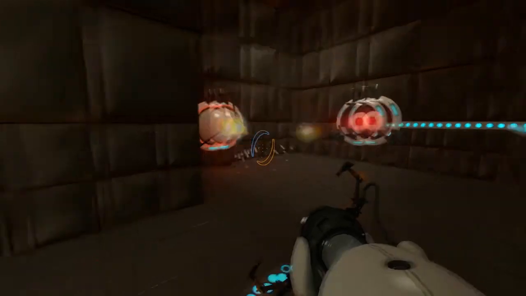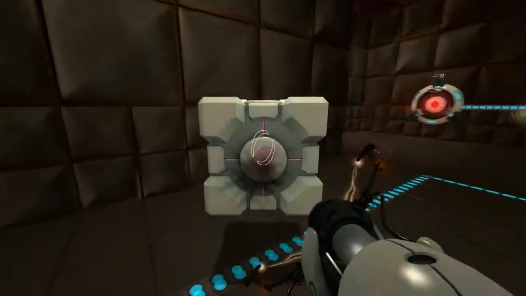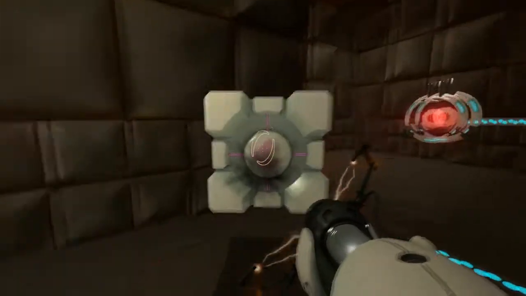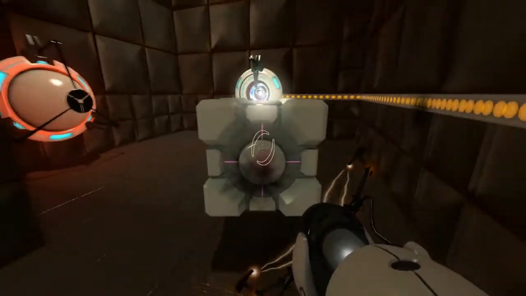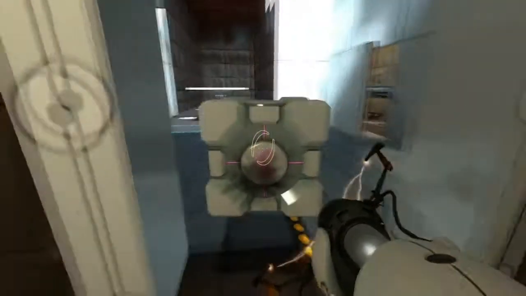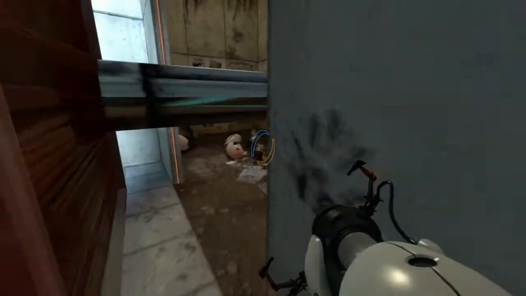Now, this energy pellet is evil, because there are no portals anywhere around here. You cannot place a portal anywhere. So you need to bounce it using the cube into there. And I normally die there, so that was quite good. Hooray! And that activates the first of the lifts. Through here,